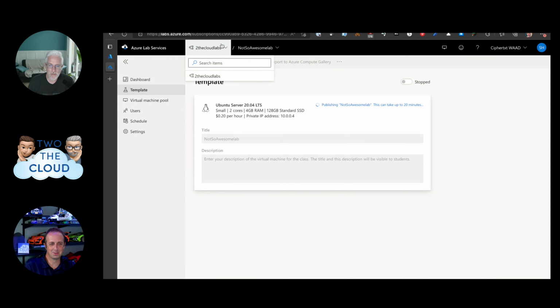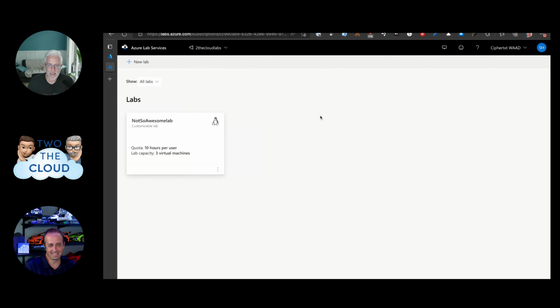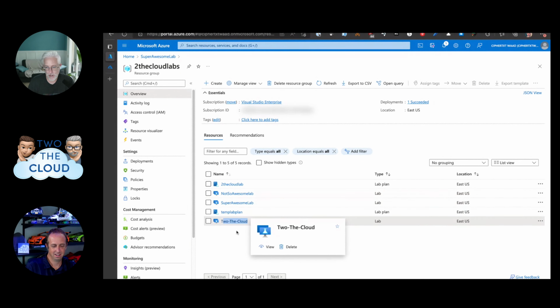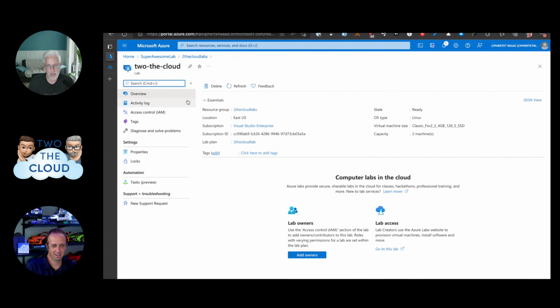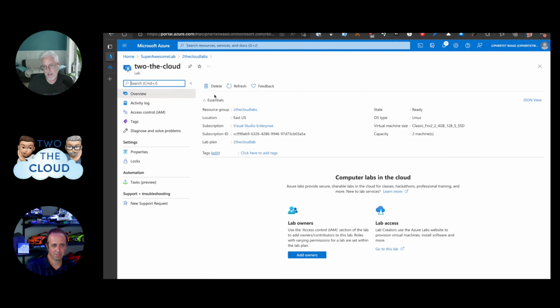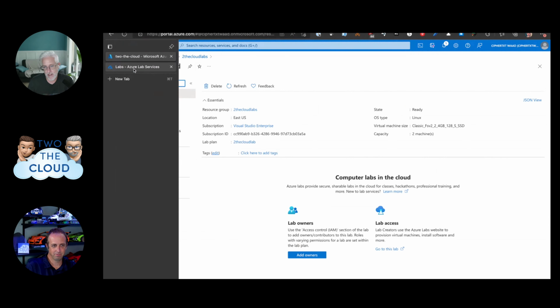Are you scared to click on anything else, Scott? You keep hitting those drop downs and you're like, do I click on it or not? Well, I am, but I should be able to see. This is a really poor experience because this is 100,000% a lab plan that was provisioned this morning that has a customized template. That was the machine that I logged into earlier, right? We saw me pull it up as a user. Now I'm that same user and I'm logged in and I can't see it at all.